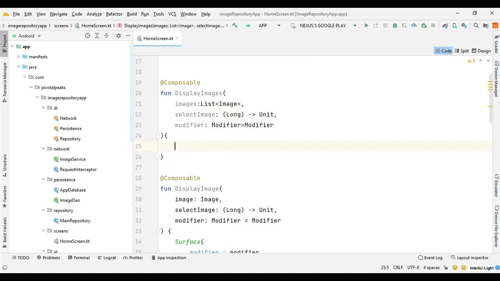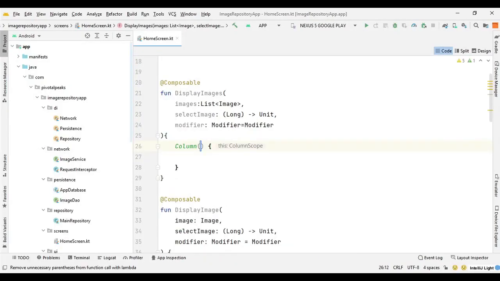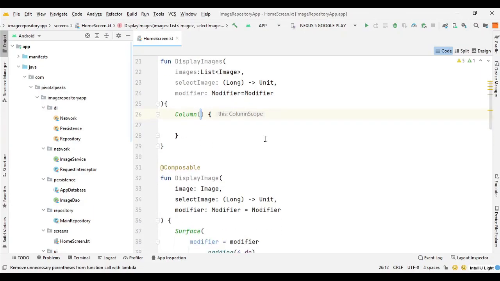Now we need a column where we can put our display image function in a staggered vertical grid. So let's define our column. So basically a column is a composable layout in which you can put your UI elements in a vertical sequence like you do in XML with linear layout having vertical orientations. Now we need to initialize the modifier. So we can say modifier equal modifier